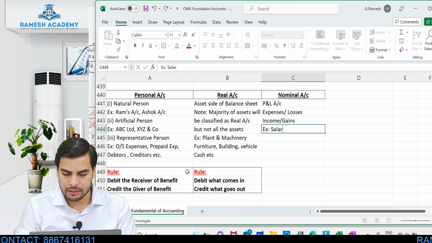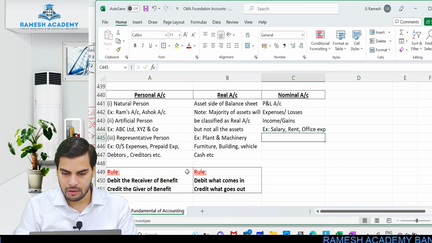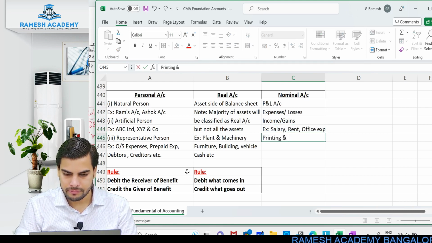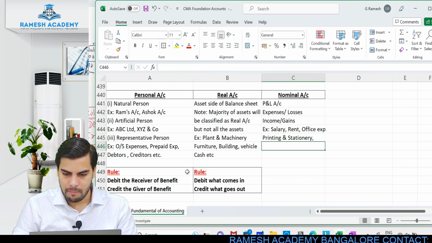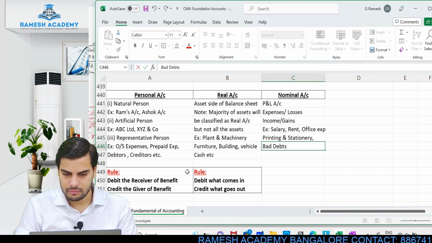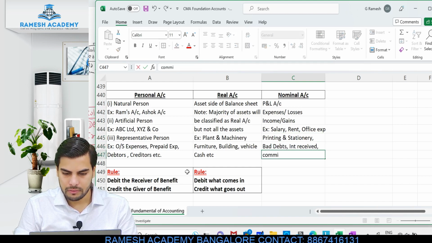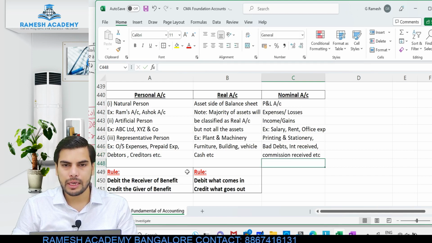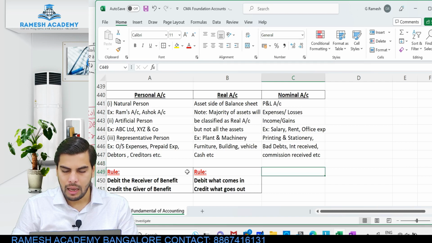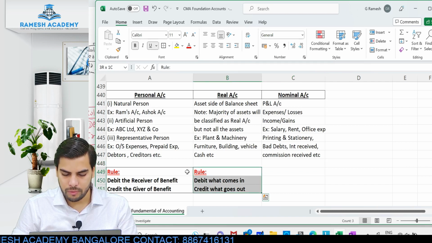Okay, so it can be either the salary, rent, office maintenance or office expenses. Okay, so printing and stationery, bad debts, interest received, commission received, etc. Okay, so these would be the example of this nominal account. And when it comes to rule, again the rule would be very simple: